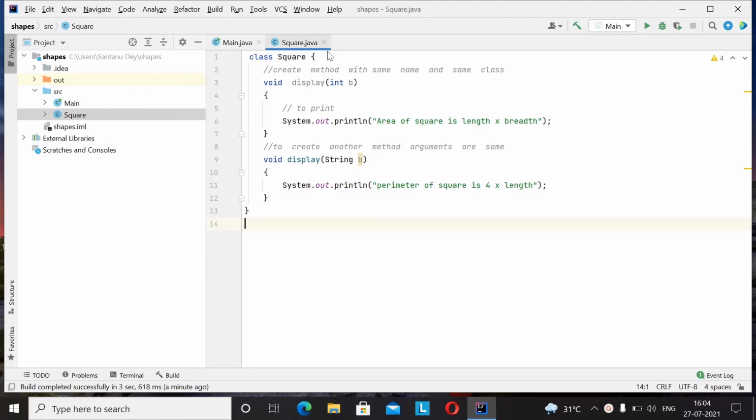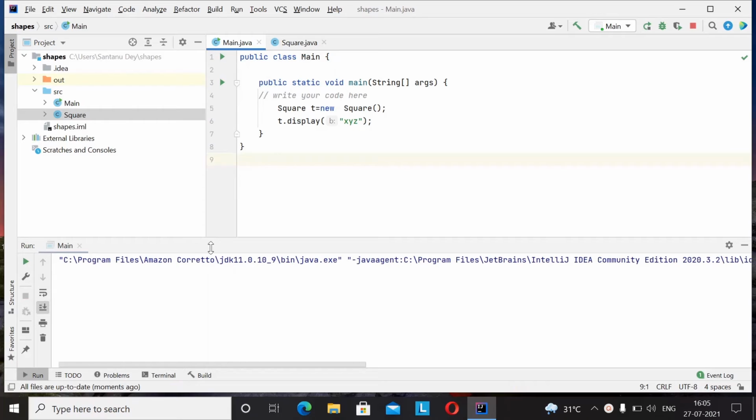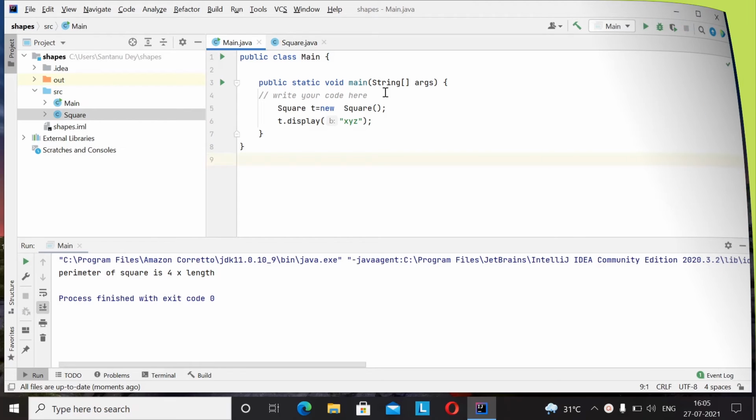To utilize the third condition, we write this type of program. So this way we can do the method overloading by satisfying any one of the three conditions. So this way we achieve the compile time polymorphism.